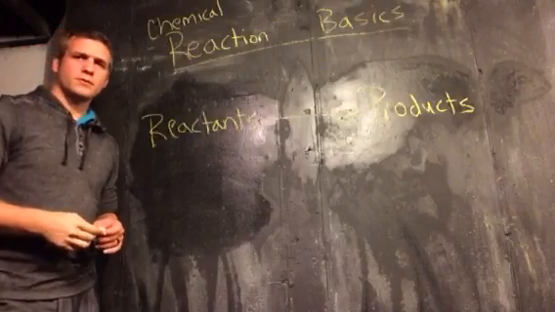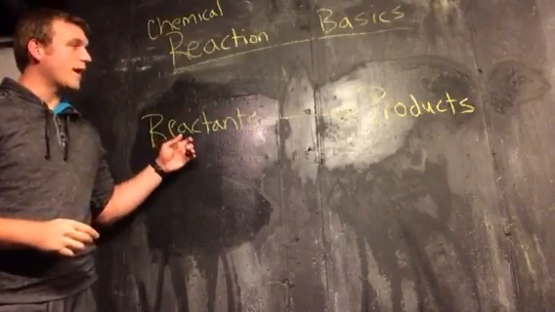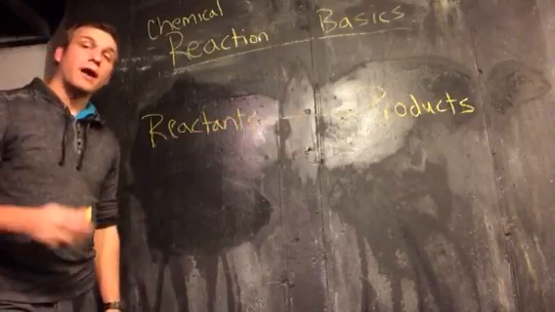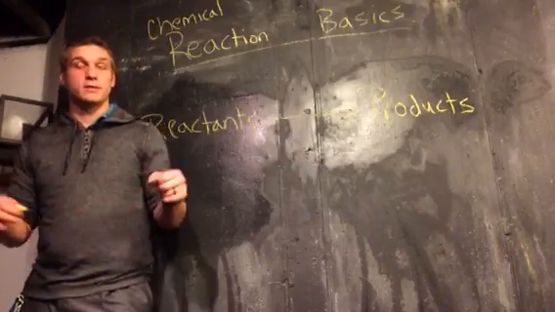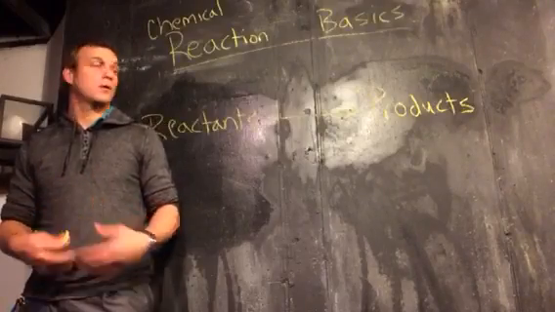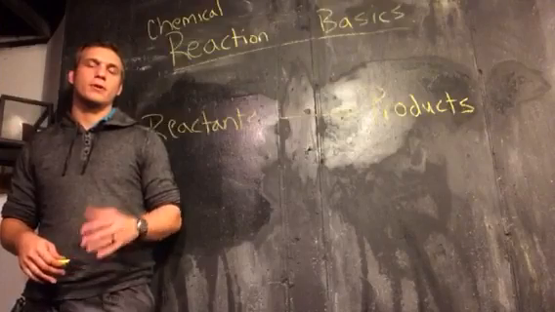So I see that there's a slight glare there from my lights, but this says reactants, arrow, products. Reactants are always going to be on the left-hand side. It's what we use to mix things, and it's what reacts to form some sort of product. So the products are what you make. You're going to hear the word yield a lot,